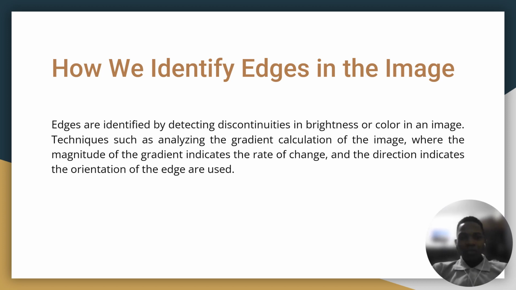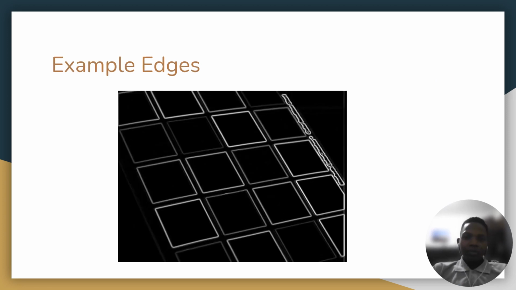And techniques that we usually use are techniques such as gradient calculation, where if we do a gradient calculation for an image, we would be able to find the magnitude of the gradient, which indicates the rate of change, and the direction, which indicates the orientation of the edge. So from our example image, we can see that after applying different practical methods,